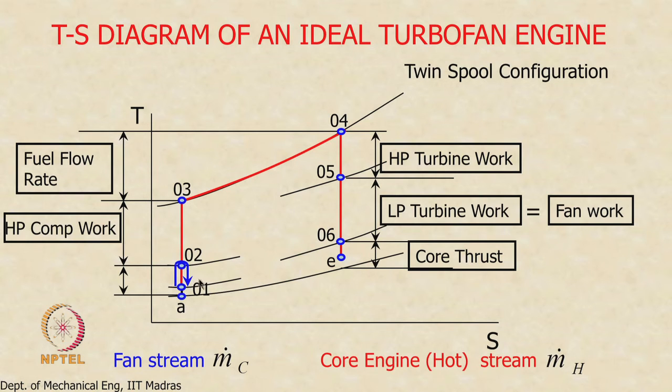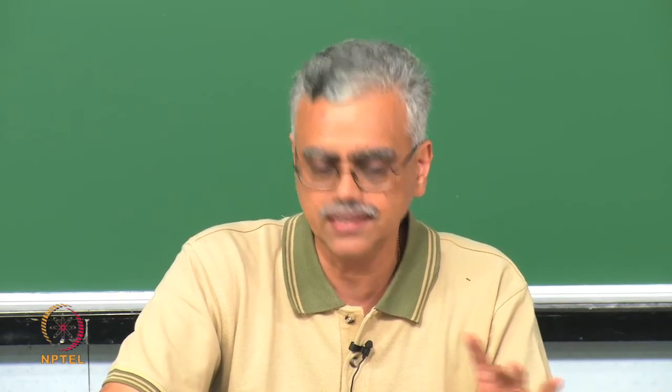Once again, the expansion in the fan nozzle will be from 02 to some exit state, which we will denote as E sub c. C denotes cold and H will denote hot. So, again the exit pressure from the fan nozzle may be equal to the ambient pressure, or it may not be equal to the ambient pressure, that is also possible. It is difficult to illustrate it here, the figure will become too crowded. I have not indicated that. We will look at it later when we focus on the nozzle part alone. Is that clear? Are there any questions?